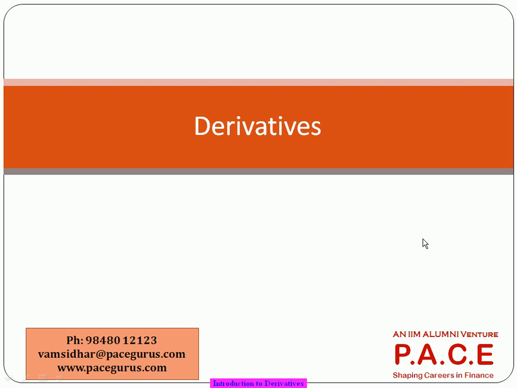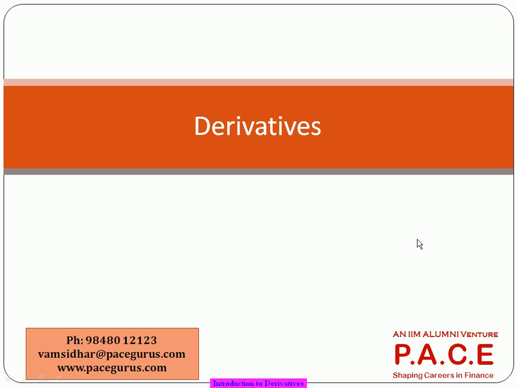Let's start looking at the new subject, which is derivatives, again having a 5% weightage from your Level 1. Concept-wise, it's probably a relatively new concept, only hardly 20-25 years old, wherein the major thing that we are trying to look at in derivatives is